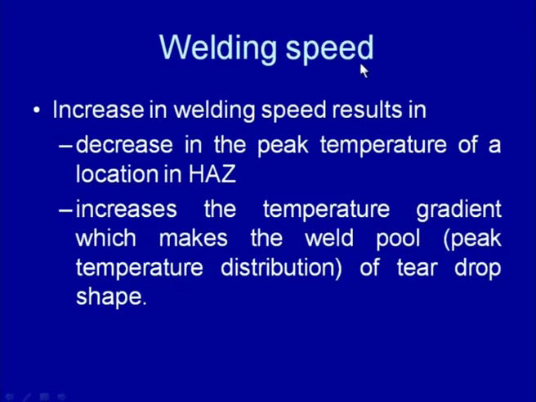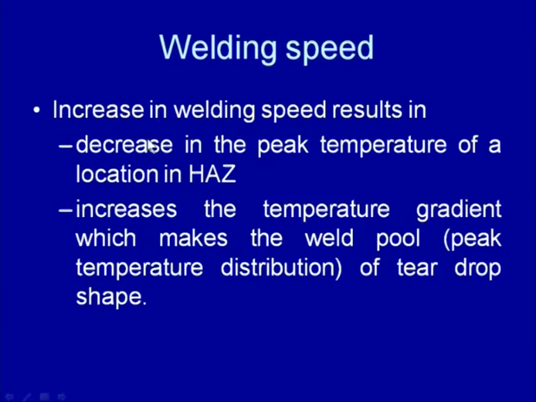Another parameter that affects the peak temperature is the welding speed. We know that when the welding speed is increased, the net heat input decreases, but in the weld region, in any case, the temperature will be greater than the melting point. But reduction in heat input in general decreases the peak temperature of any location in the heat affected zone, and